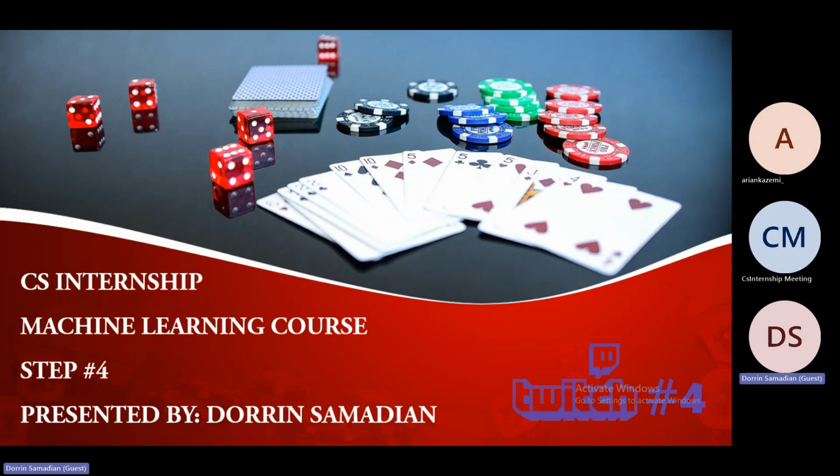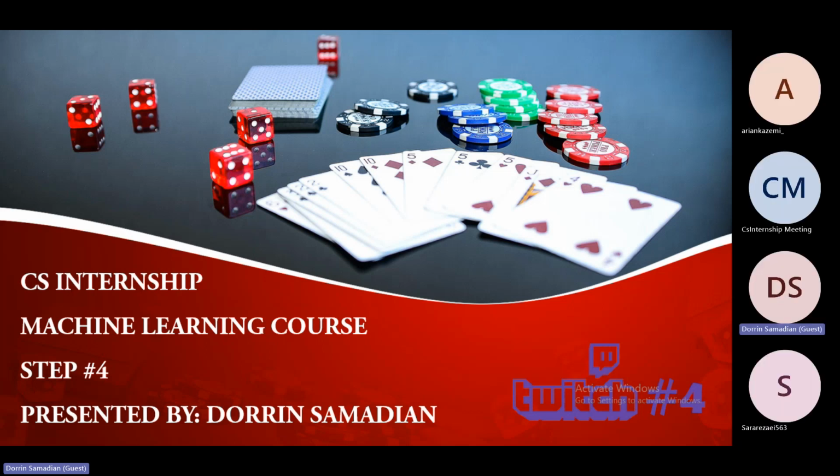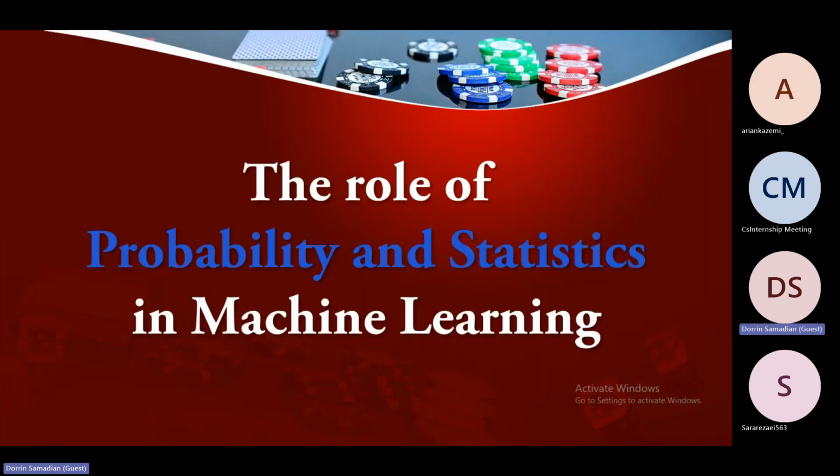Today I would like to talk about the most important study items of the fourth step of the machine learning course at CS internship. While passing this step, I had a long journey. After learning all of the study items and doing each specific task, I was wondering if I could maneuver on the most important and practical study item of this step, with the topic of the role of probability and statistics